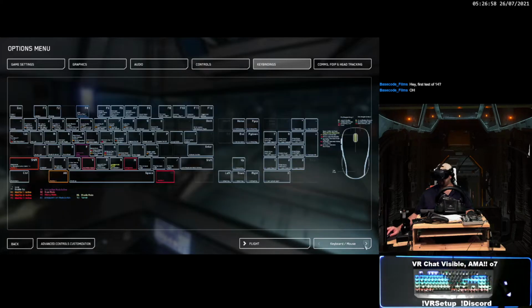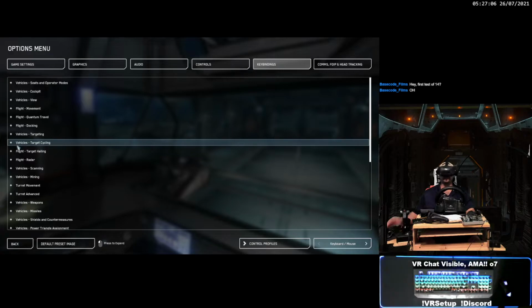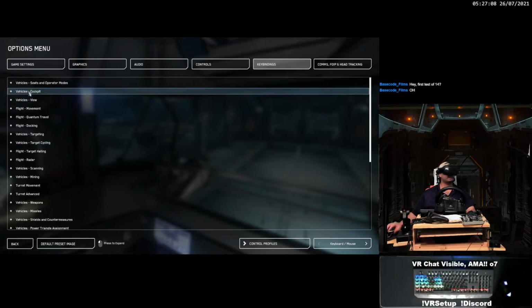Key bindings. All right, so first off with keyboard and mouse, we do not want our mouse to move the ship. Now that we have our looking axis as well as our joystick to control, in theory. Is this even really...